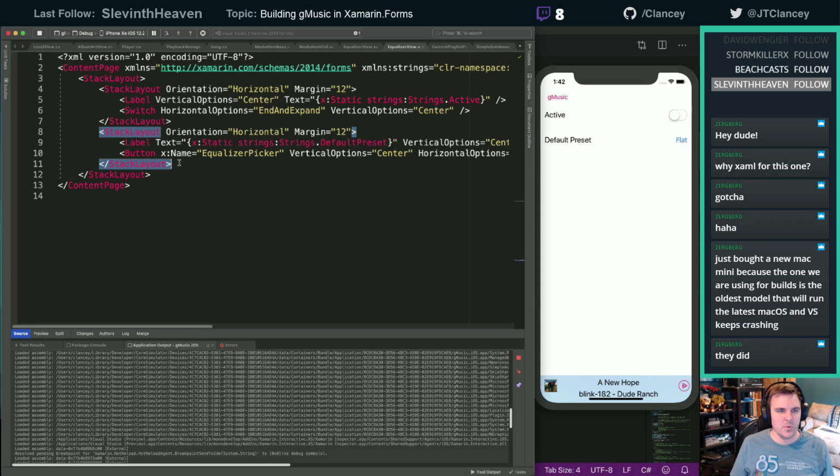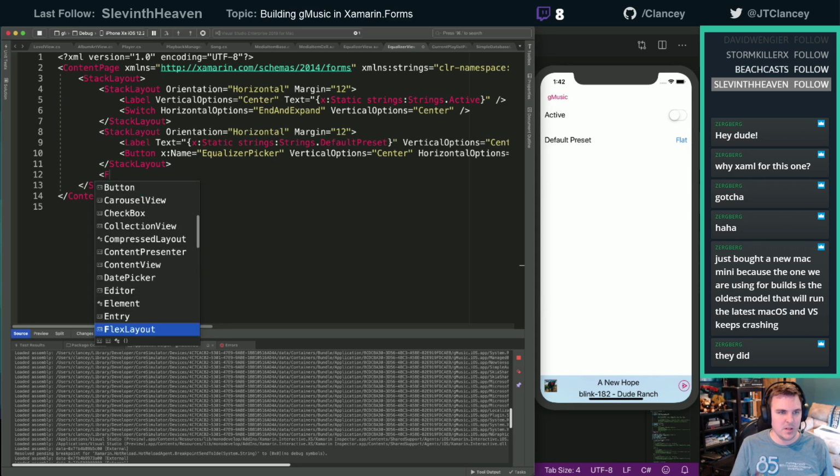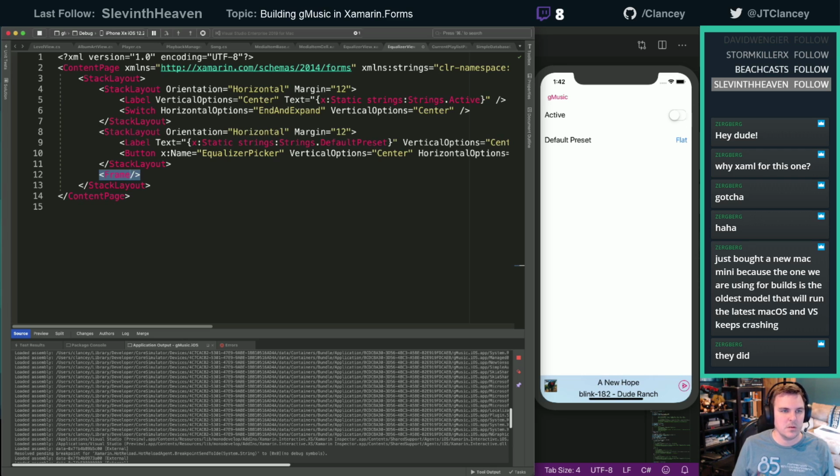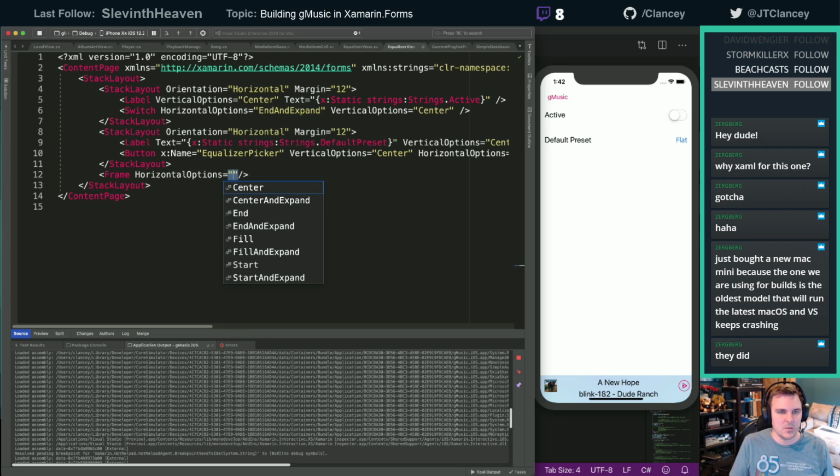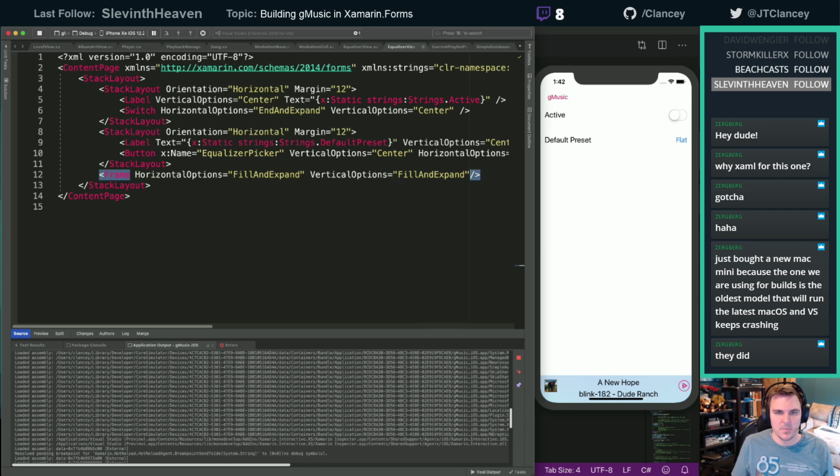All right, so now let's just say frame. Nice and ugly. Horizontal options equals fill and expand. Vertical options, we're gonna do the same thing, fill and expand. And, oh yeah, nice ugly box.